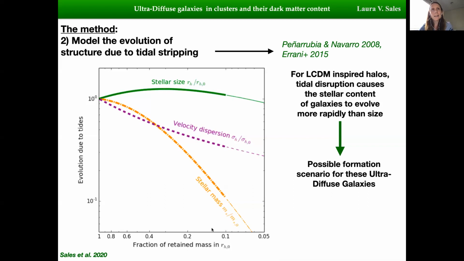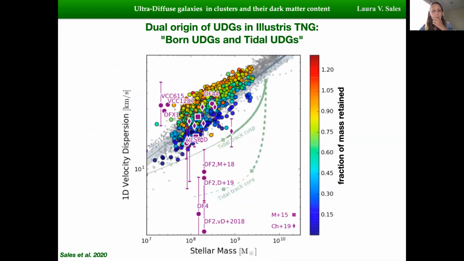So once we applied our model for the initial sizes and also the tidal evolution, we found a dual origin for UDGs in these clusters. We found that there are UDGs that already infall as UDGs from the field directly. And those you can see here, if you plot them in the velocity dispersion versus stellar mass, you find them here